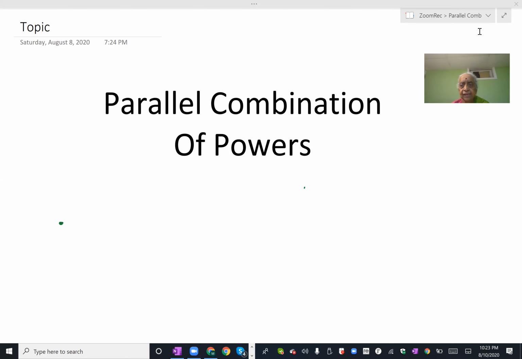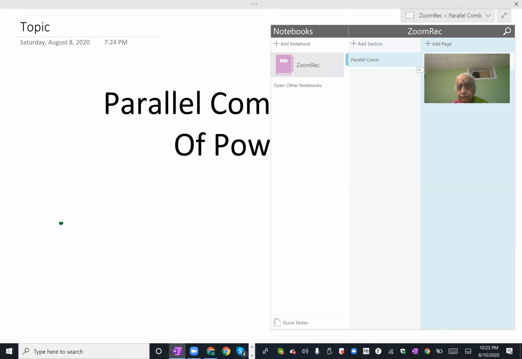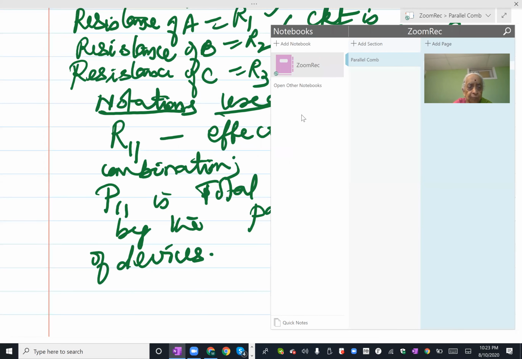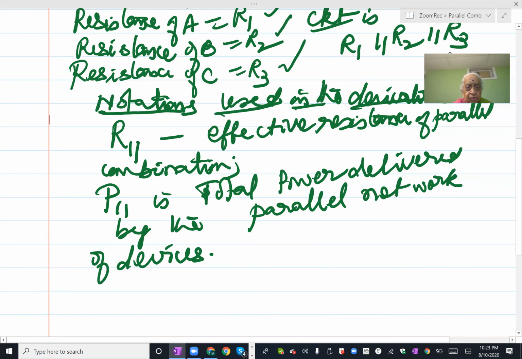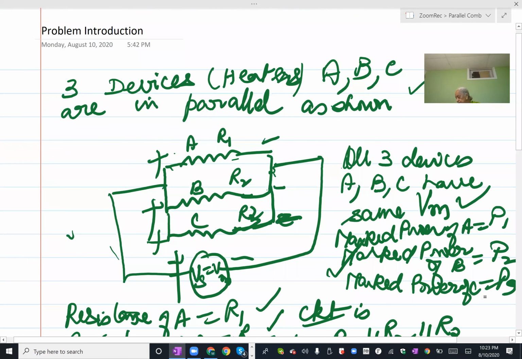Now here lies the actual problem on hand. This is the problem that I would like you to note. Here there are three devices. I am not drawing them as coils of the immersion heater, I am just drawing them as electrical resistances. But remember, they are not simply the resistances used in the lab, but they are actually heating rods, immersion heaters.